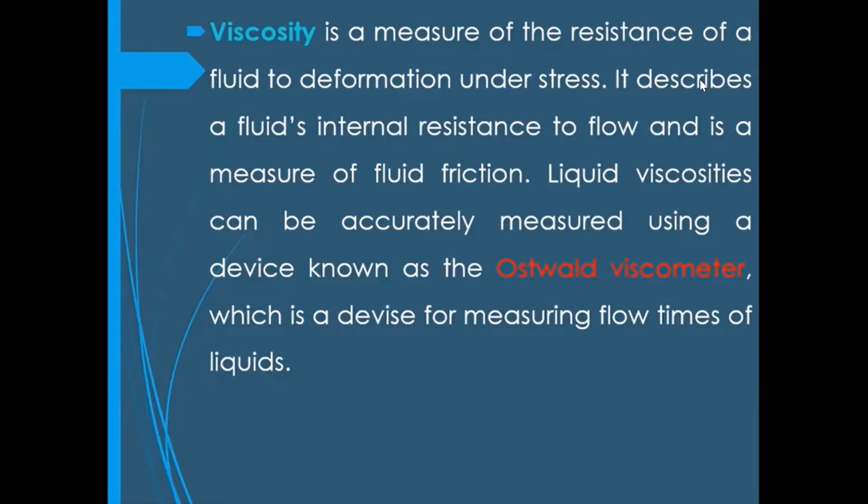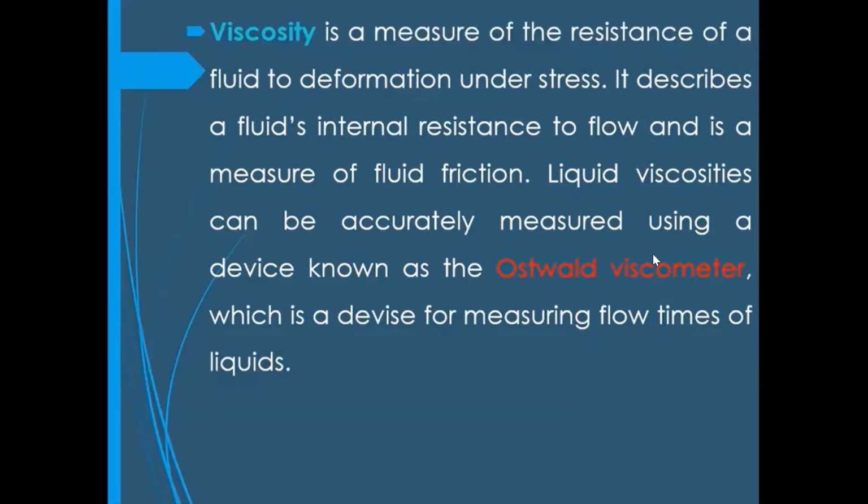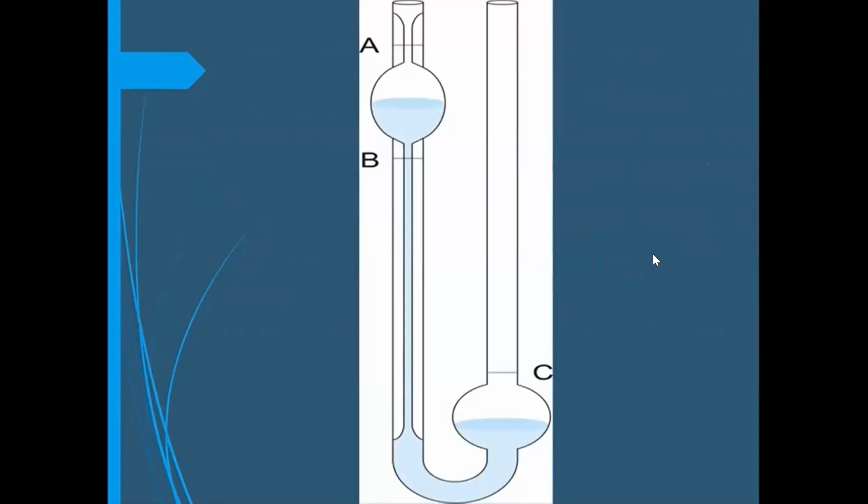Liquid viscosities can be accurately measured using a device known as the Ostwald viscometer, which is a device for measuring flow times of liquids. This is the shape of the Ostwald viscometer,